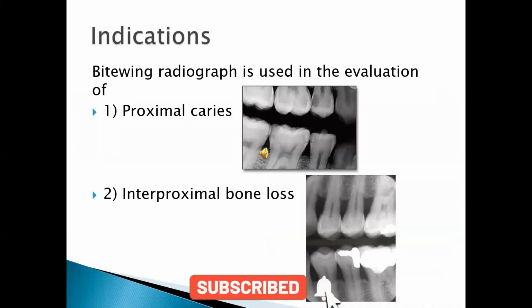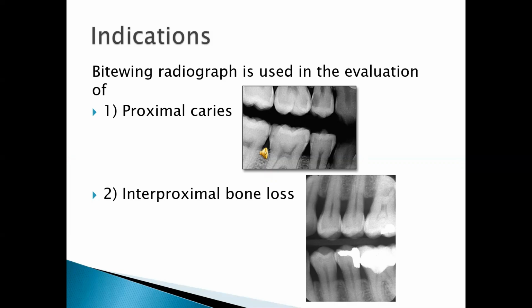Now one may always ask, why should I do a bite wing technique? Why not the IOPA technique? So here are a few good indications. Because of the positioning of the film itself and the projection geometry, a bite wing is more likely to detect very initial cases. If you carefully look at the first image, can you see a blackish area, or a radiolucent area to be more specific, in the distal aspect of the maxillary premolar and the mesial aspect of the maxillary molar?